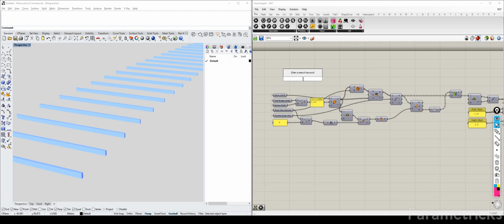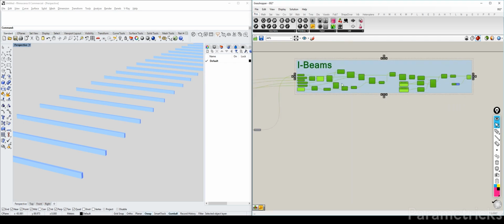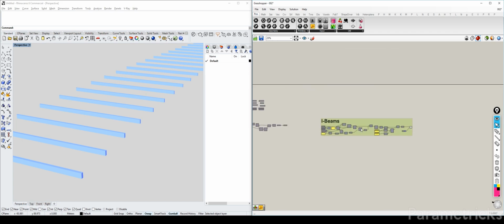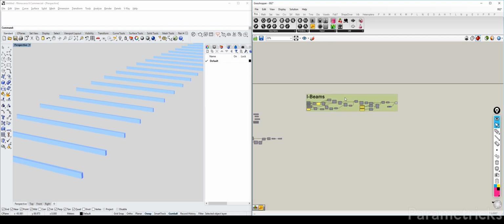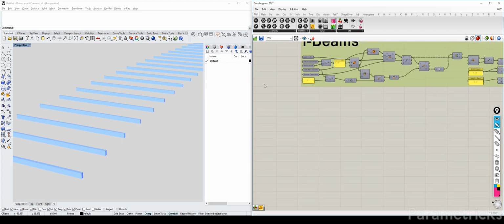So for example, if I want to rename this part, I can just create a scribble. Let's set this to majorly high and just call it I-beam, for example, so that I know this part is only responsible for the I-beam, and then Control G to group it. I can just move it anywhere I want and be done with that. Or if something's wrong with the I-beam, I know where to look at least. So with that said,